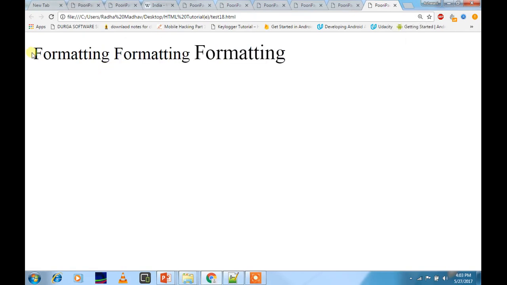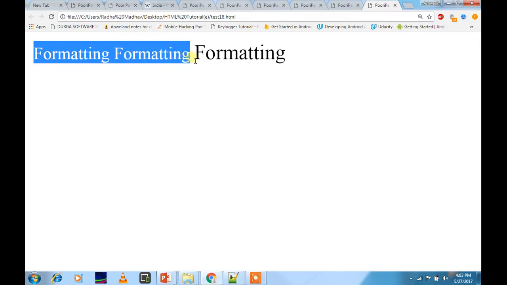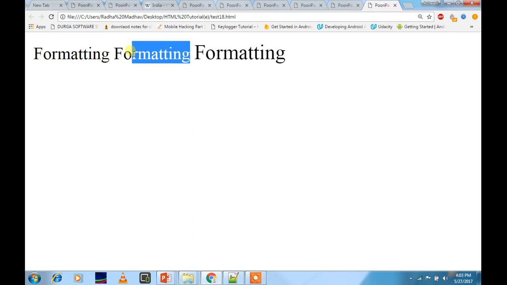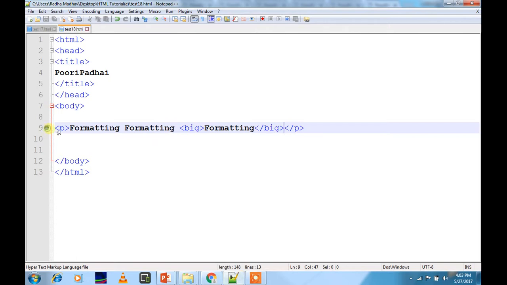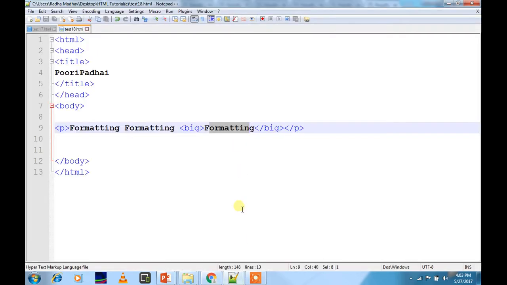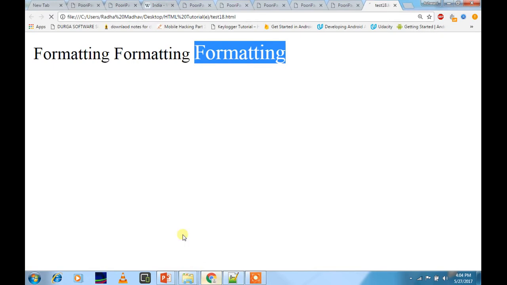Here you can see that this formatting is written small, and this formatting is appearing to be big, and it is actually big. Now this is coming out small not because we have used any small tag. See, we have not used any small tag over here. It's just a big tag that we have used over here. So this formatting is appearing bigger. So you can see formatting 1 2 3 X Y Z, Ctrl+S, save, reload this page. Yeah, you can see this is much bigger than this.